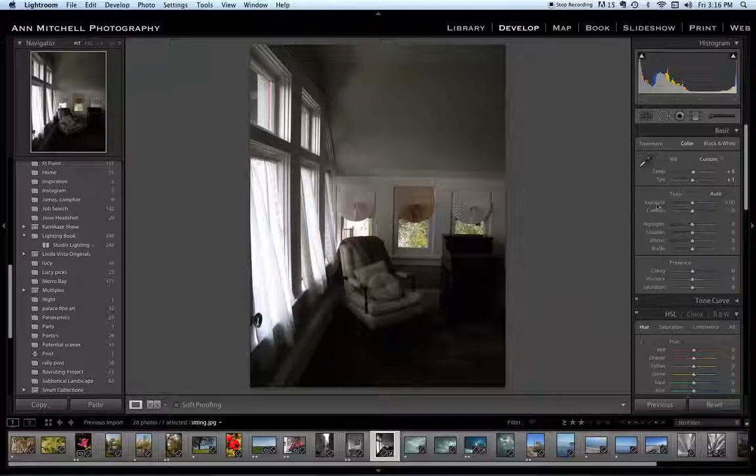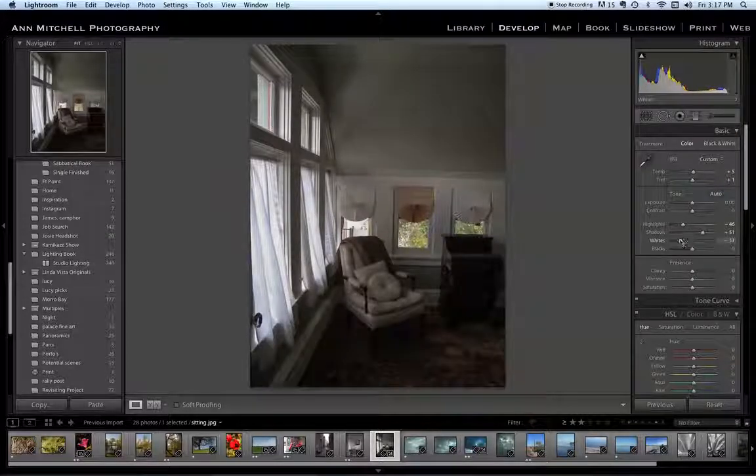After that, I only use the exposure slider if both my shadows and my highlights need to go in the same direction. They're both too dark or they're both too light. Otherwise, I leave that alone. I don't really use contrast unless I want to lose some information in the shadows and lose some information in the highlights. Otherwise, I divide up all those areas individually. So in this image, I'd like to get more information in the highlights, so a lighter feel to it. Whether or not you want to darken the whites is also up to you.